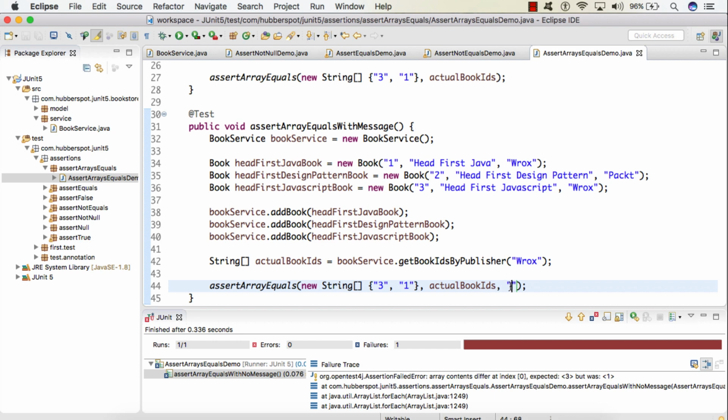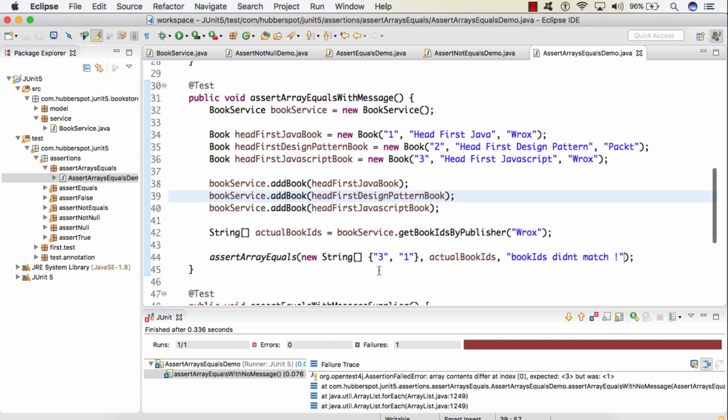So we'll simply say book IDs didn't match. If I run this test case now, we know the test case will fail because the actual book IDs have an order of 1 and 3, and we are asserting it with an expectation of 3 and 1.